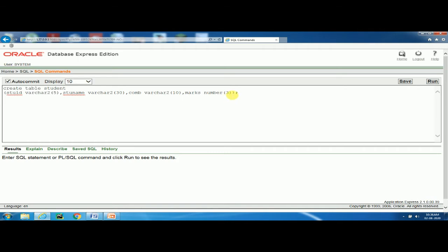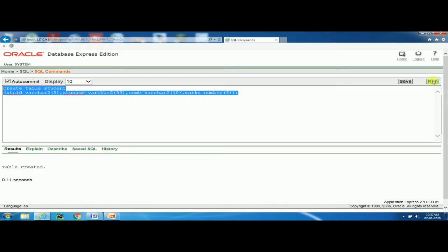After this, a bracket is there, and we have to close this closing bracket. When we create a table, we use the open bracket and we have to close it here. Now if we want to run this, you just select this and run. When you run it, a table is created automatically. If you get this particular message, you will know that a table is created. If a student table already exists in this system, it will show that the object already exists, so you have to make some correction to the table name. Now this is the way to create a table.